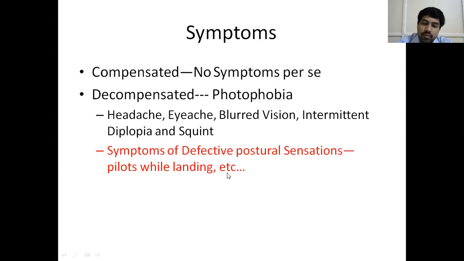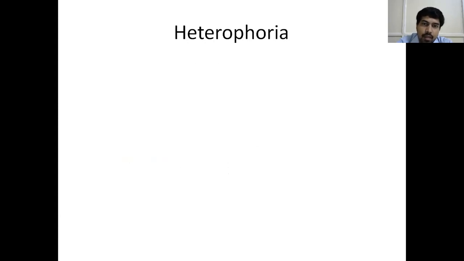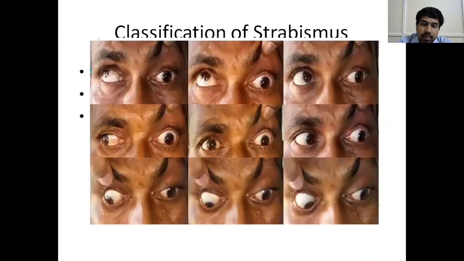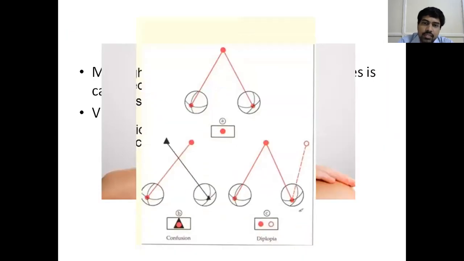What is this? I told you in that first diagram I have shown you, those who have a squint, the object appears to be present somewhere else. So in this diagram, if you see, actually the object is here, but because of this squint, the object appears as if it is located somewhere here. Imagine there is a pilot who is going to land his aeroplane. Suddenly he develops a squint. So while he's landing, he'll be seeing the runway twice. Actually, the pilot should see only one runway. But because of this diplopia, double vision, the pilot will be seeing two runways. So he doesn't know where to land his plane. Ultimately, it will lead to an aircraft crash. So that's why there is a false projection.